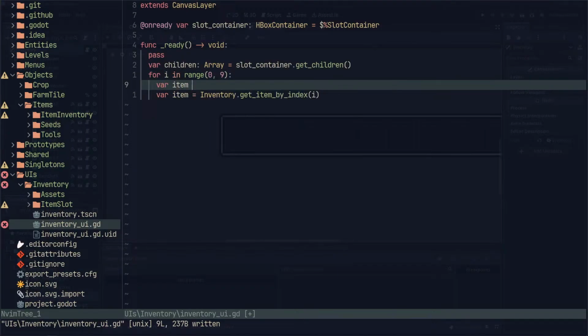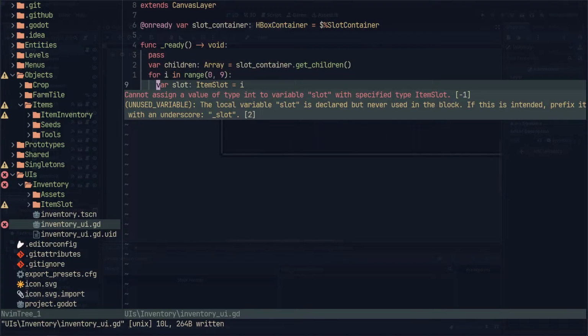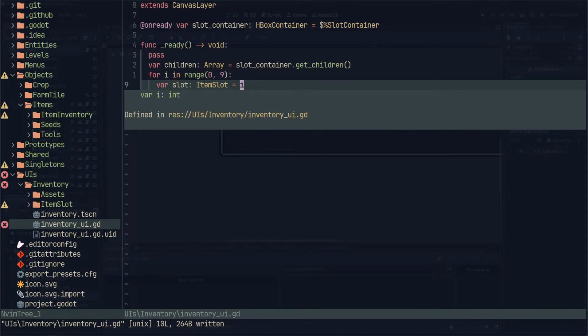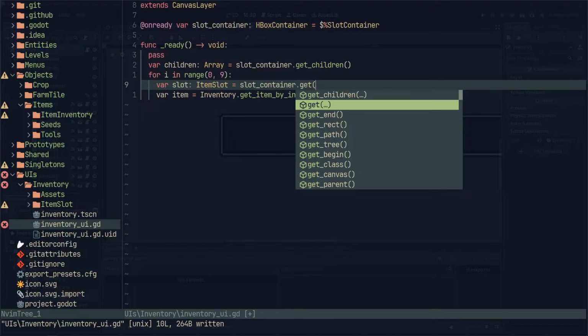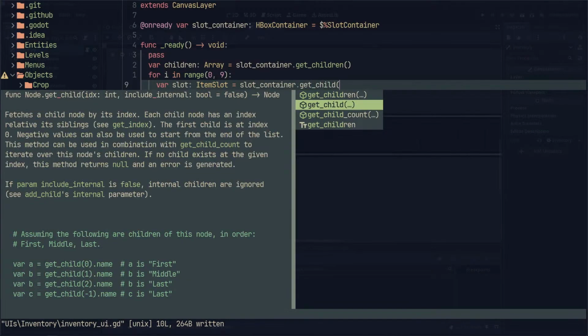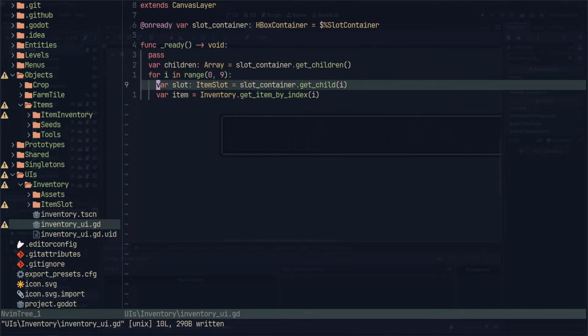But I guess we could say that the slot here is item slot. What is i? Oh, right. Slot container get child at i. Okay, so far so good. So inside of slot,